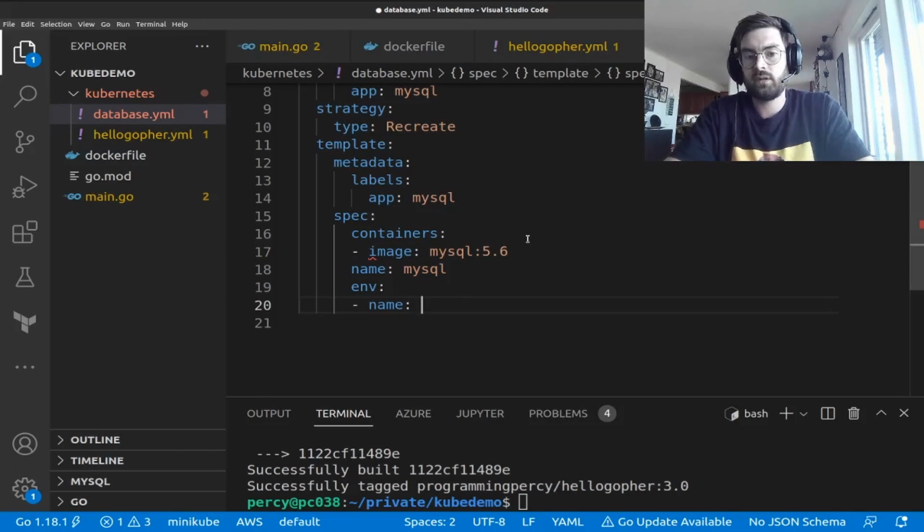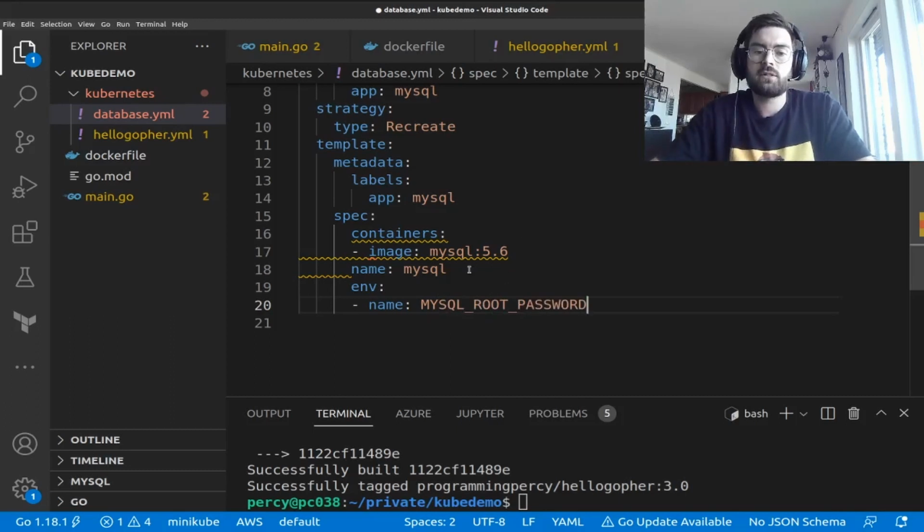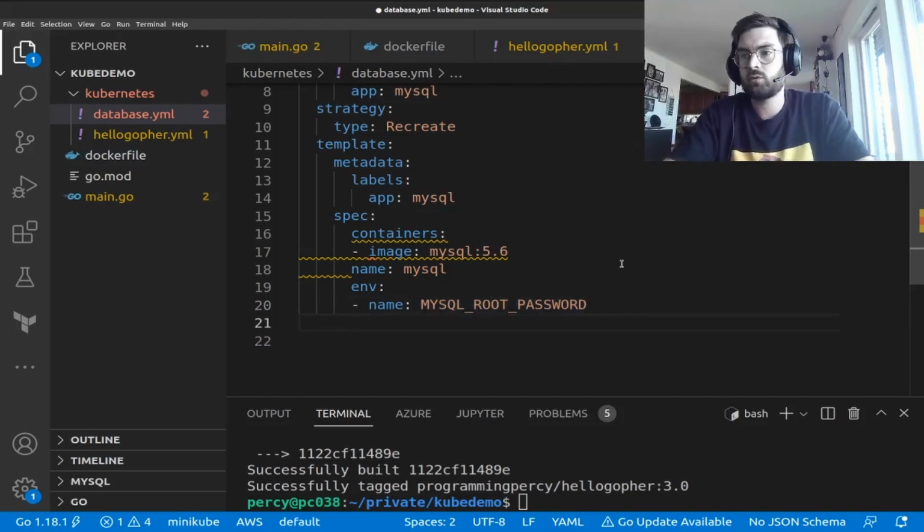So the environment name we're providing is MySQL root password. This is related to the MySQL Docker container, so that's why we want a password for it, so we can log in. We're just going to put the value as password for now, which is really bad, but it